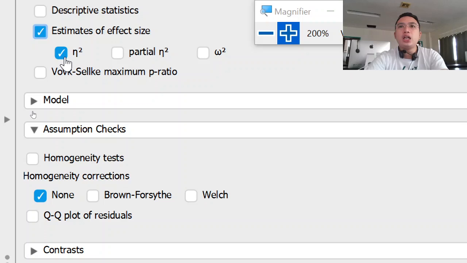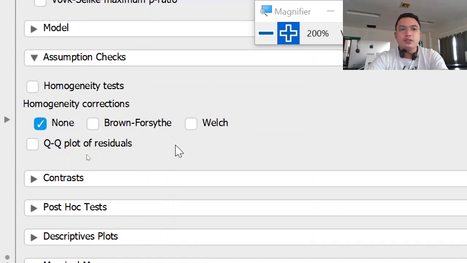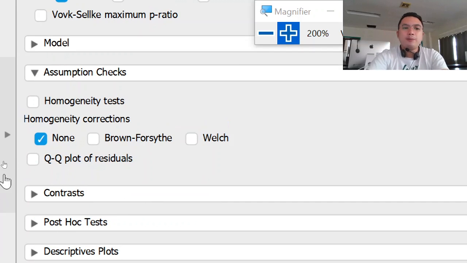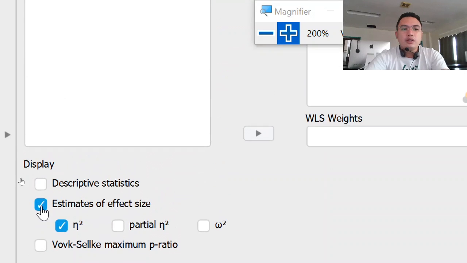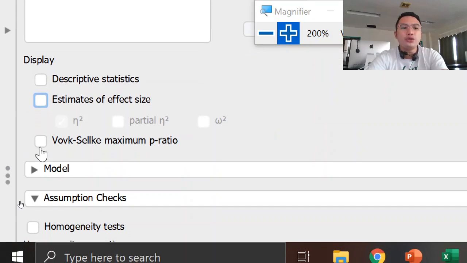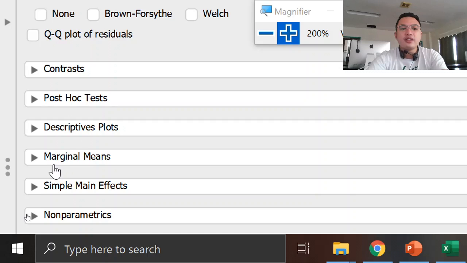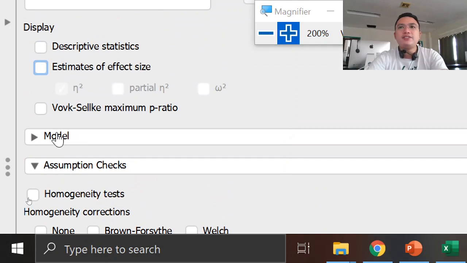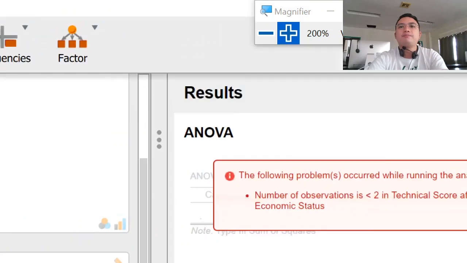So when you've made your selections, in this case, we will just be displaying the actual result of the ANOVA. But you can explore on your own the different menus here. But in this video, we'll just be dealing with the actual result of the ANOVA.